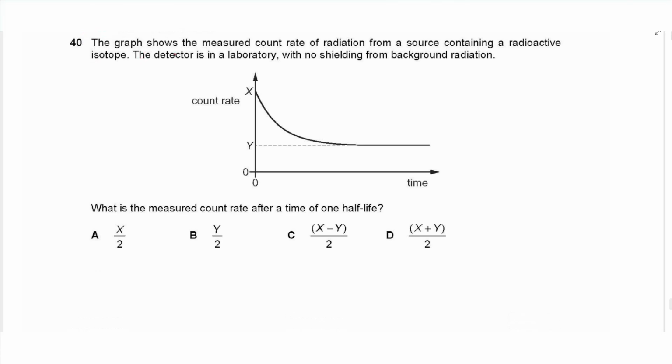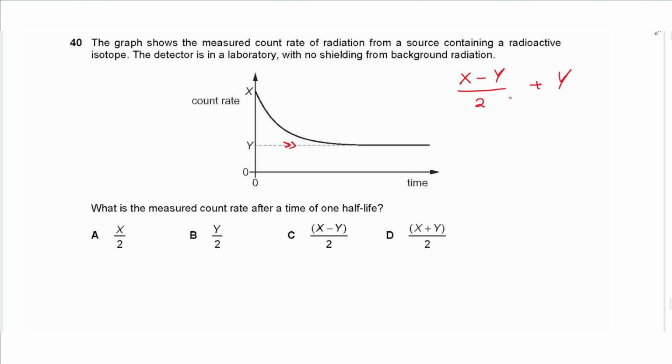Question 40 says the graph shows the measured count rate for radiation from a source containing a radioactive isotope. The detector is in a laboratory with no shielding from background radiation. What is the measured count rate after a time of 1 half-life? So we need to correct for background. So we take the first reading, then we subtract the background, which is Y. This level is a background. Then we divide that by 2. Then to know the final reading, we need to add the background again. Then we look at the answers. It's not the same, so we need to